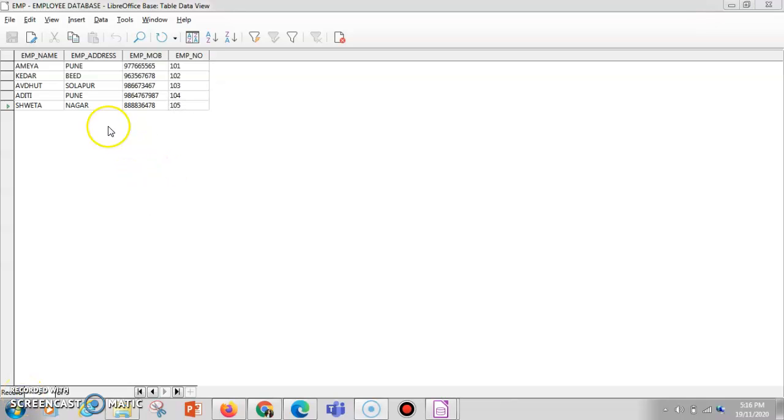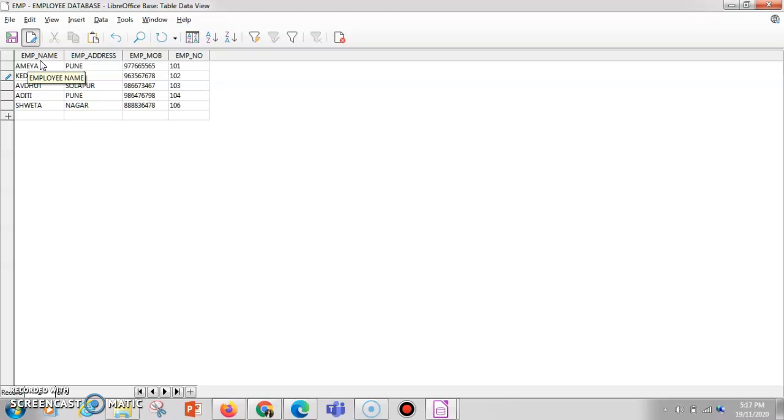Now if you want to do any kind of editing, if you have made some mistake while entering, or if you want to change any entry, you just have to click here on edit data. Here I can edit any of the cells. I have made the EMP number 106. Here in the contact number I'll decrease one number. This is how I'm making the changes as per my requirement. Here I'll write Delhi. So this is how I have edited it.